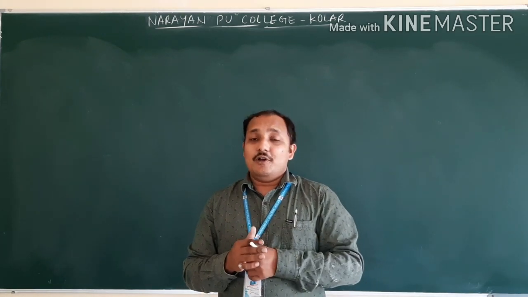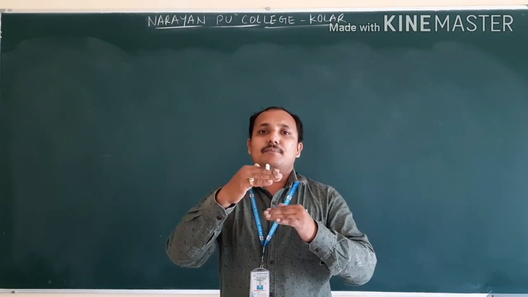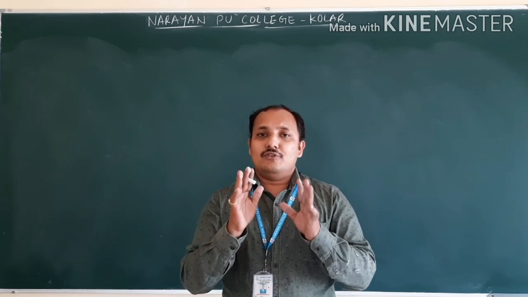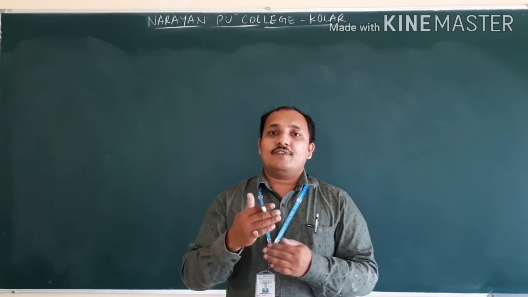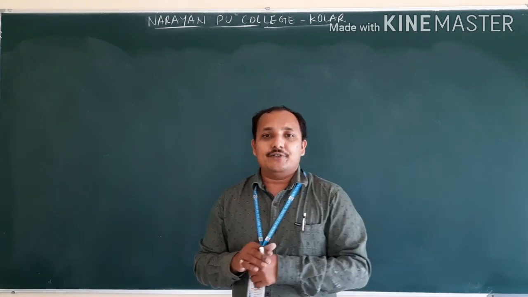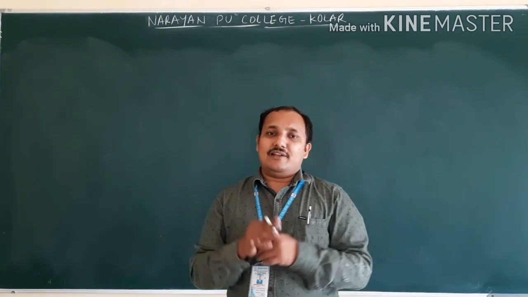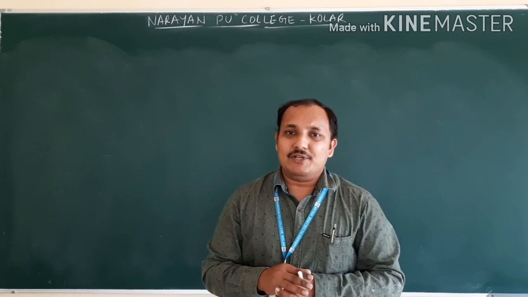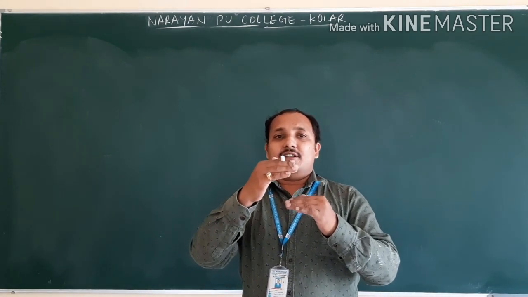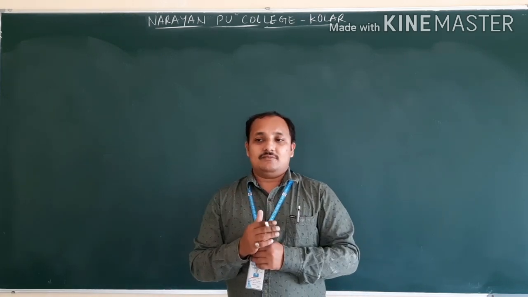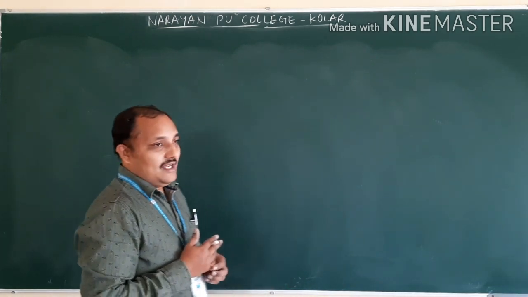Which formula to apply, you learn by reading the problem. You can take 10 bits in 10 minutes. Sometimes you may solve only 1 or 2 bits. You don't need to worry. At the end of 2 years, out of 10 bits in 10 minutes, you may solve a maximum of 5 to 6 bits. If you solve a maximum of 5 to 6 bits, that is enough. If you gave me 10 bits within 10 minutes, I may also solve only 7 to 8 bits at most. So try to solve 10 bits in 10 minutes, otherwise 5 bits in 5 minutes, then you will get confidence. Not only physics, you can do this for all subjects.